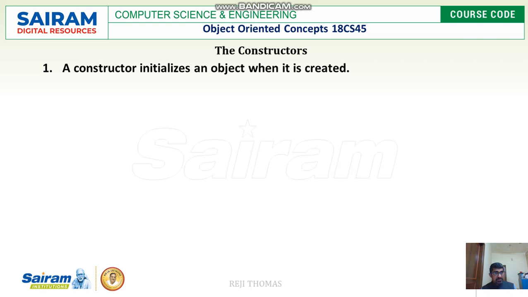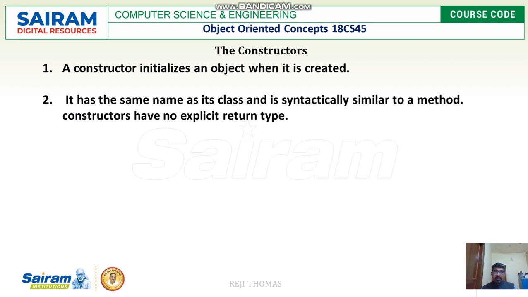It says constructor is used to initialize the objects. We know what is a class and we know what is an object, which is going to be the class variable. Once you create a class variable, every class variable or object is going to have its own space in the memory for every data member, and using the constructor we are going to initialize these data members. Even though we say we are going to initialize the object, the actual meaning is we are going to initialize the data members.